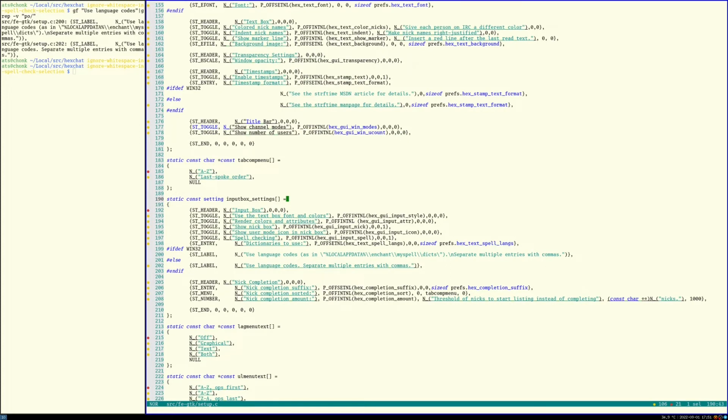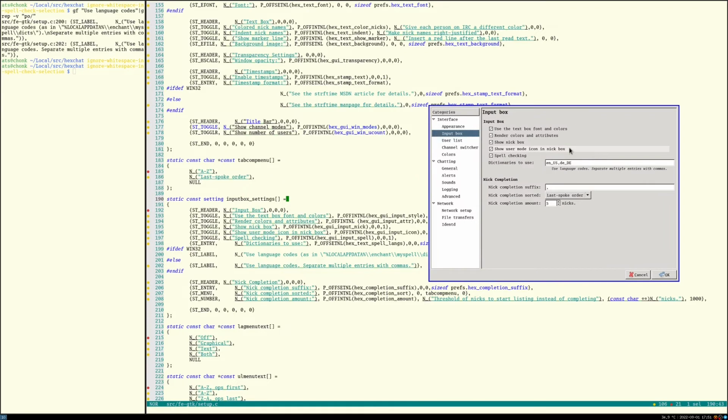Input box settings. Use the text box font and colors. Show nick box, show user mode. Yeah, I mean, this is setting up the